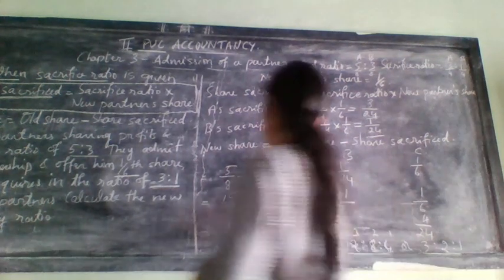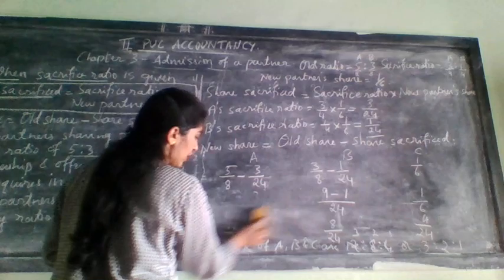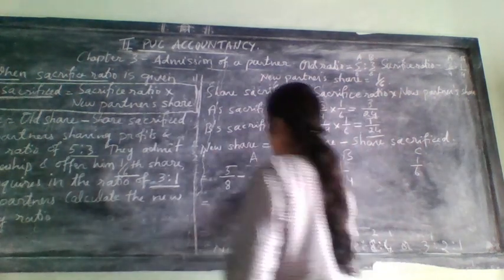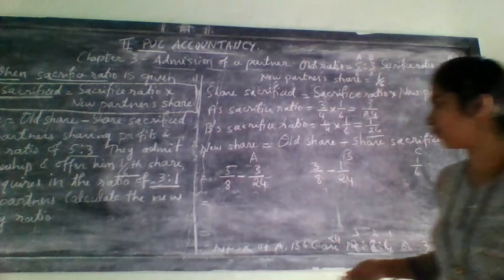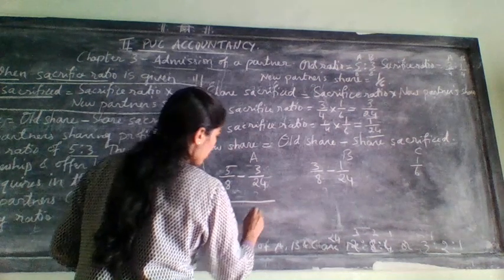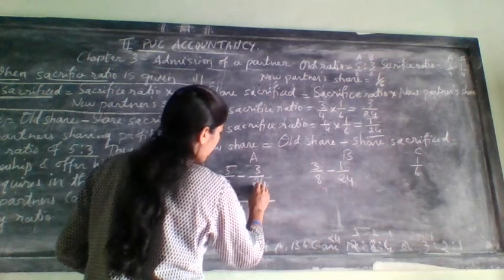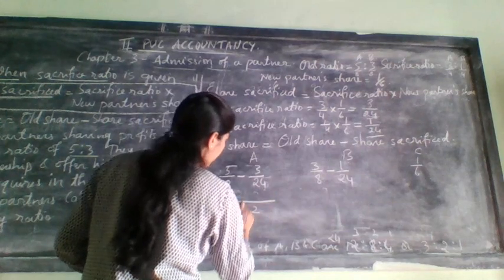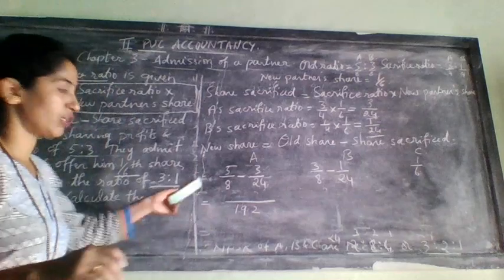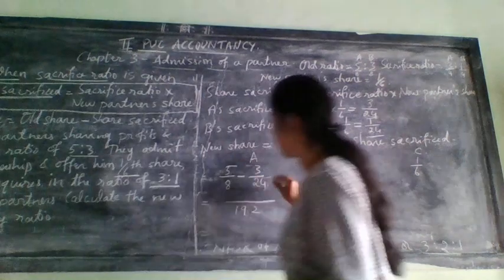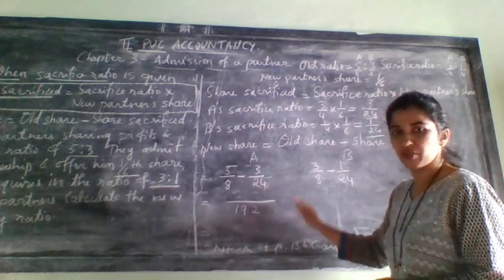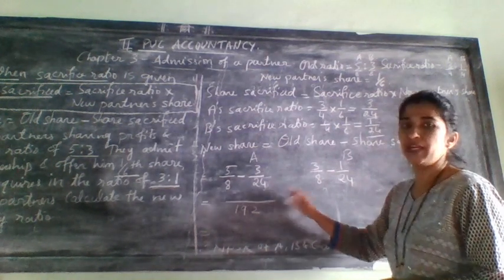Either from this step you can change, like cross multiplication also you can do here. If you do cross multiplication also, you will get the answer. But the thing is, when you do the cross multiplication, you will get big numbers. So first you need to multiply for this. 8 4s are 32, 8 2s are 16, 17, 18, 192. It will come in this way, but don't worry, you have a calculator, so you can do it like this. But try to follow the first method only, what I have done. If you do this method also, you will get the answer, but the numbers will be bigger.